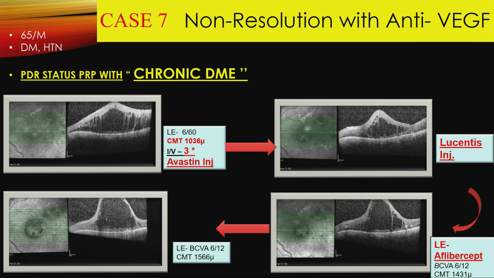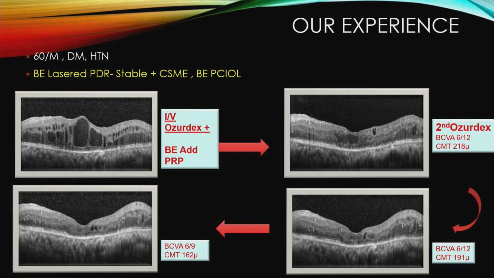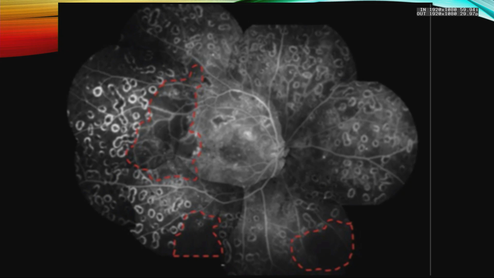So another aspect, which was already touched upon by the previous speakers, is non-resolution with anti-VEGF therapy, intravitreal injections. For example, this PDR patient post-PRP has a chronic DME of 2 years. After 3 Avastin monthly injections, shifted to Lucentis, shifted to aflibercept, it's still a non-responder here. So in such a situation, this patient had to be switched to Ozurdex injection, multiple Ozurdex